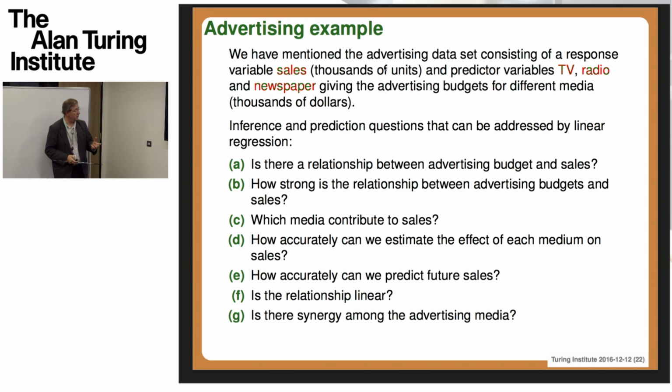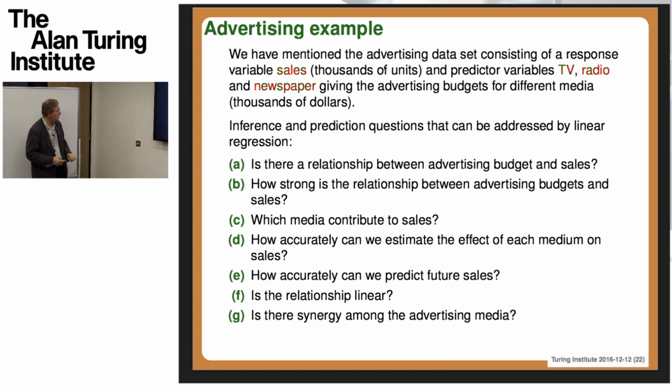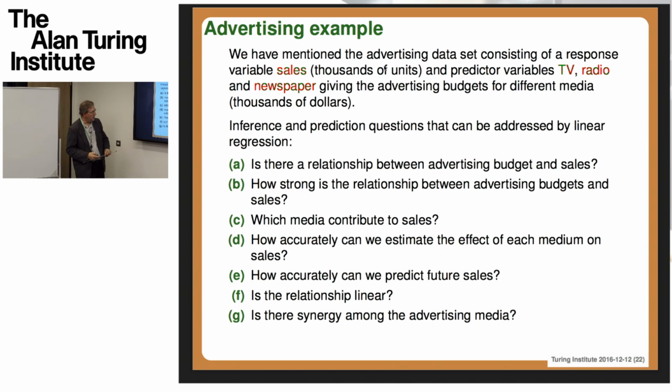How accurate is the overall estimation? Estimating the parameters, so the betas, but similarly, how accurate are we at predicting the future sales? And at the end of the day, are we content with this linear relationship, or could we move on to a more elaborate model with non-linear relationships between the predictors and the response variable? And maybe we might have a more complicated structure to the model where there is some sort of synergy associated with advertising, which means that it's not the individual terms x1, x2, maybe it's the product x1 x2 that we should bring into the model.